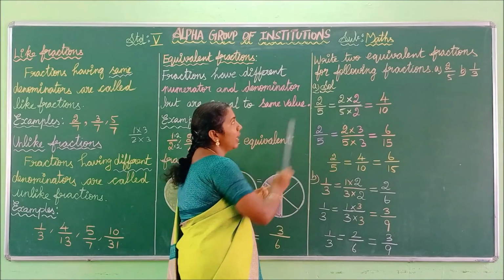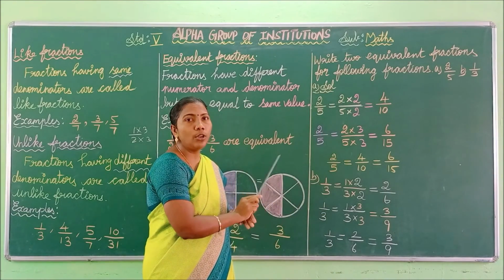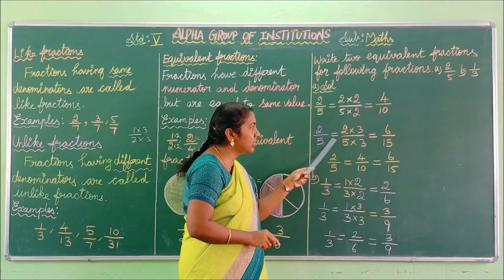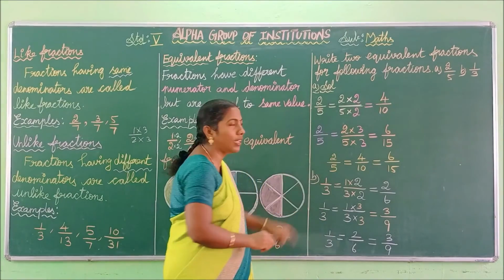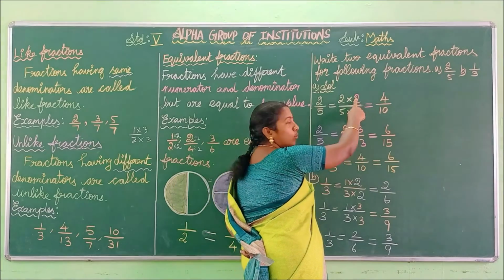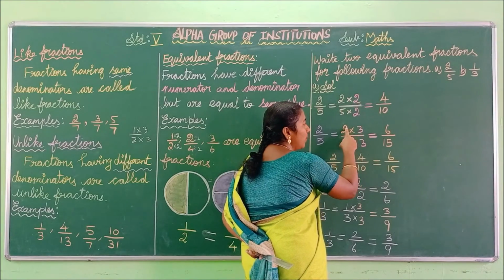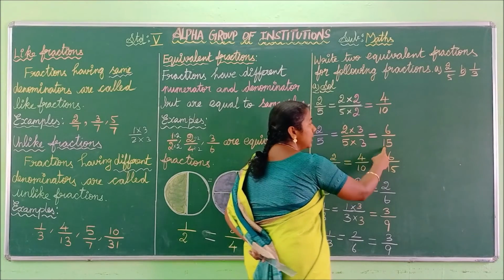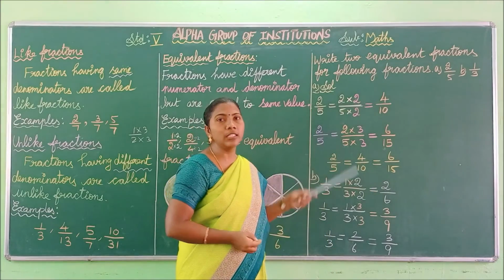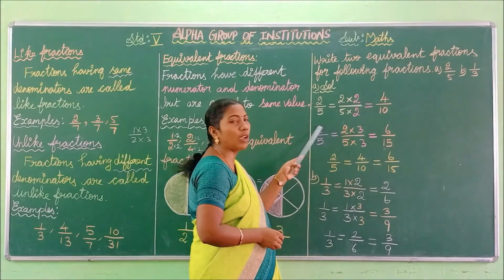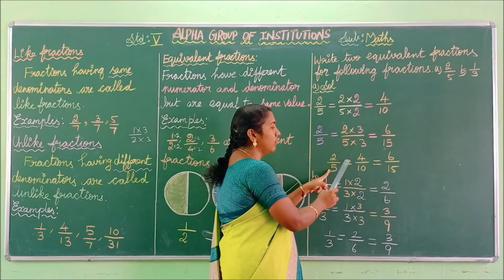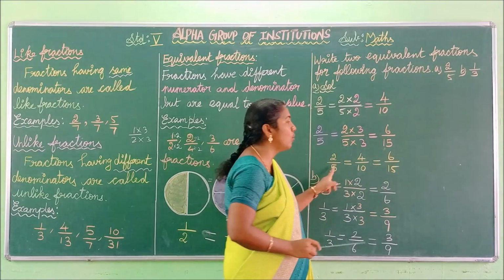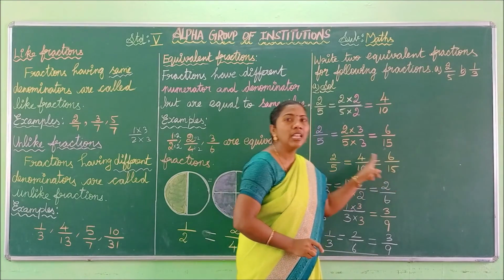In the question they have asked for two equivalent fractions, so you have to find one more also. Next, once again you have to write 2 by 5. Put another equal symbol. Again write 2 by 5, and then choose another number except 2. Here I have chosen 3. So multiply the numerator and denominator by 3. 2 3s are 6, 5 3s are 15. So our answer is 6 by 15. In the question they asked for two equivalent fractions to 2 by 5. Thus we have found that 2 by 5 is equal to 4 by 10, which is also equal to 6 by 15. Thus we have found two equivalent fractions to the given fraction.